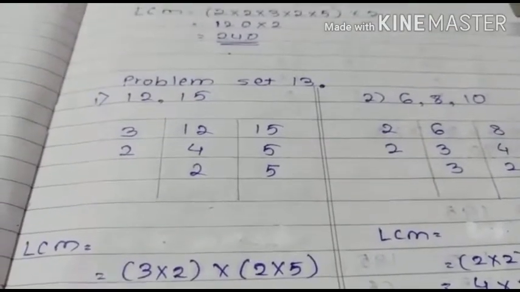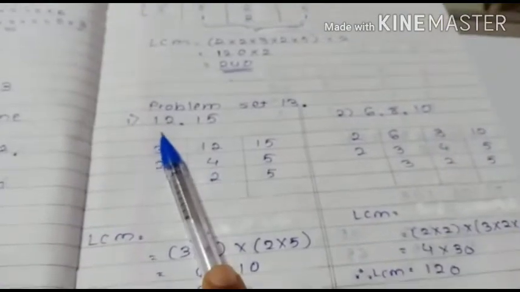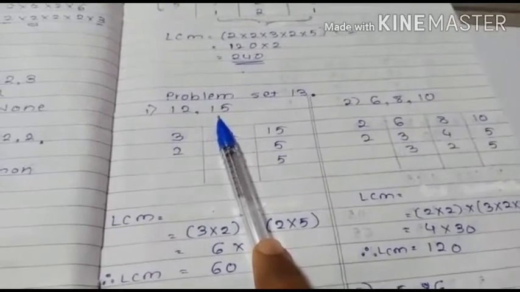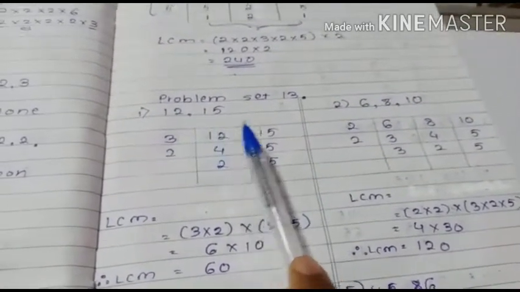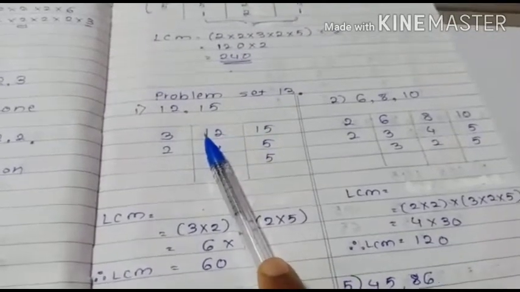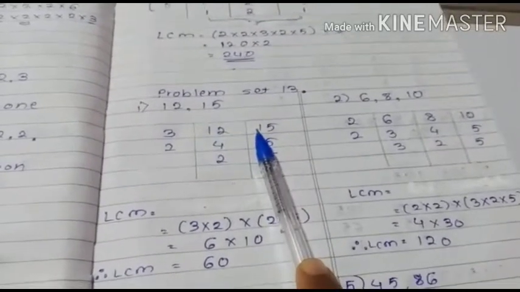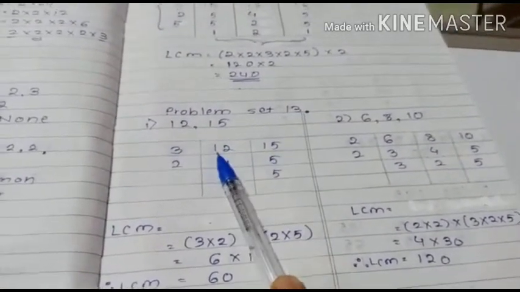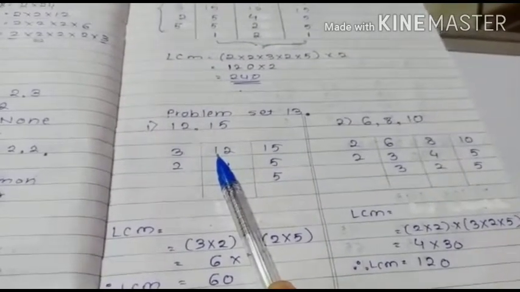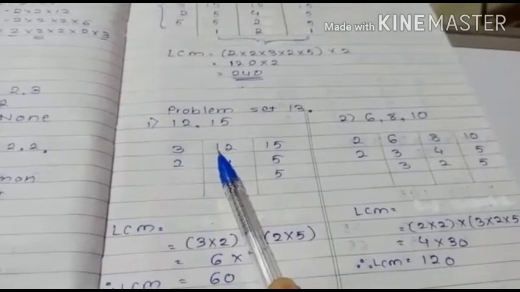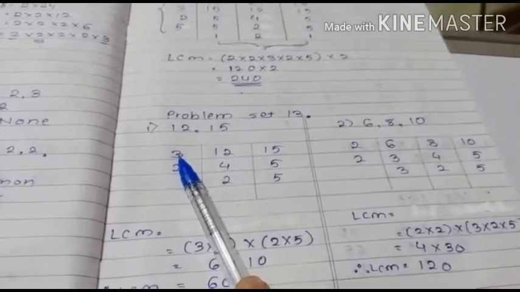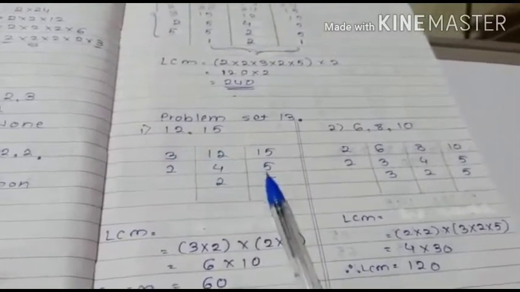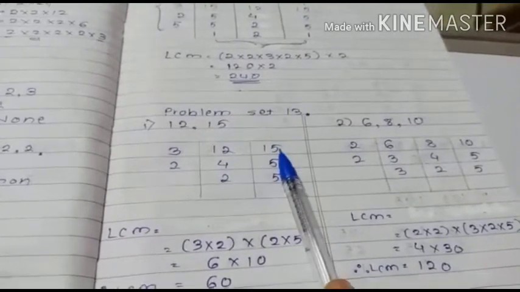Based on that concept, we have problem set number 13. Now my first problem, 12 and 15. I want to find the LCM. We will do it by vertical arrangement. I write 12 and 15 here. 2 plus 1 is 3. 5 plus 1 is 6. So both are divisible by 3. What I said first, we have to see that all numbers should be divisible by the lowest prime number. Now which is the lowest number? 3. So we divide here by 3. So what will my answer come? 3 4s are 12. 3 5s are 15. This concept is clear to everyone.